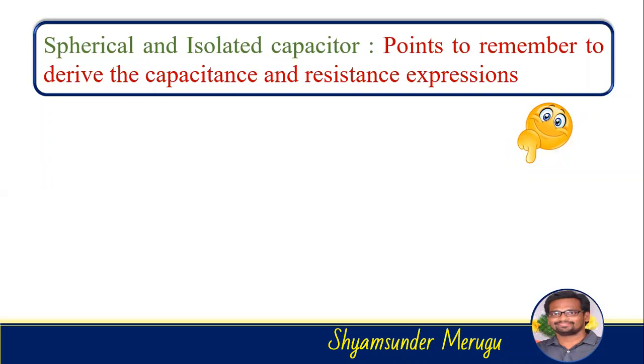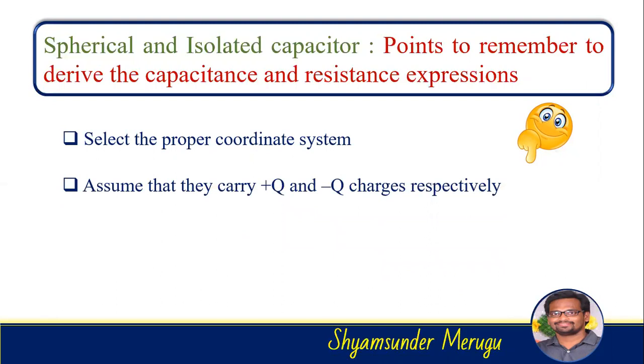In this video lecture, we are going to derive the capacitance and resistance expressions of spherical and isolated capacitive structures. Before deriving the expressions, we should keep certain points in our mind. We have to select the proper coordinate system, and the structure is spherical, so we will opt for the spherical coordinate system. We have to assume that the inner sphere and outer sphere carry the positive and negative charges respectively,